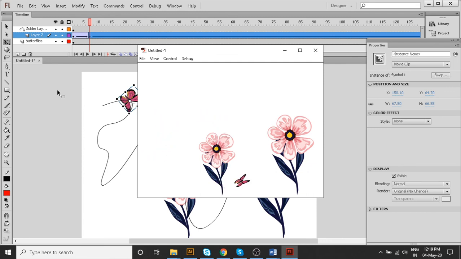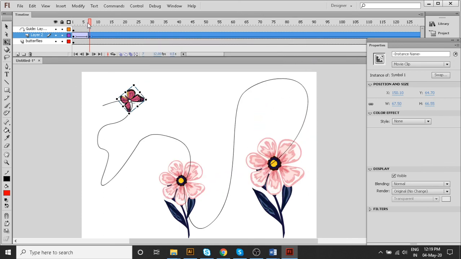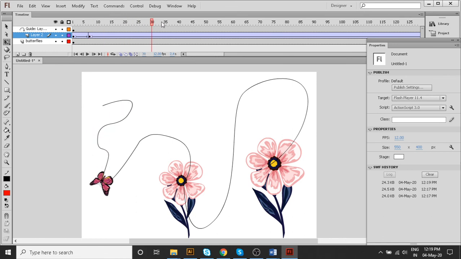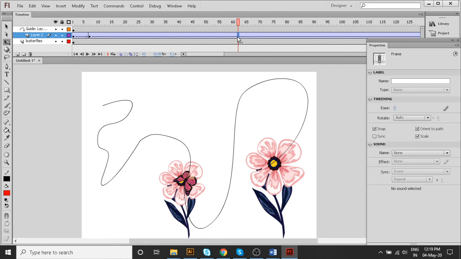So what happened, this is a path animation. Now what happens if, once my butterfly came to here, when it reaches here, it should stop for some time. So in this I can press the F6 button and create one frame, and hold down the Alt and drag it somewhere like this one.